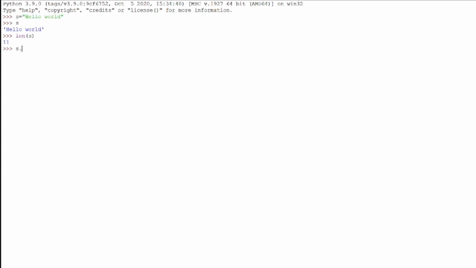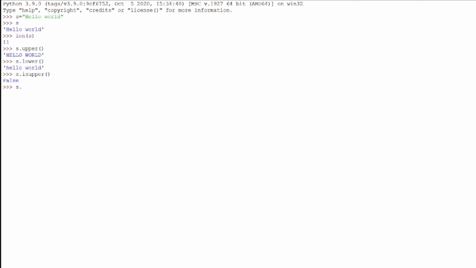And the next one is uppercase, s dot upper, it will give you everything in capital letters, and this answer does not affect the original string. We should always concentrate on the original string as hello world. You should not concentrate on the operations that you are doing. And the next one is lower, s dot lower, it will convert the given string into small letters. And the next one is isupper, it is used to check whether the given characters are in uppercase or not, so it is giving false because it contains small letters also.